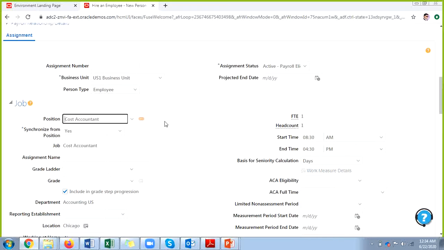Upon selecting the position, the job will be auto populated. I have selected the cost accountant position, and the cost accountant job was auto populated.